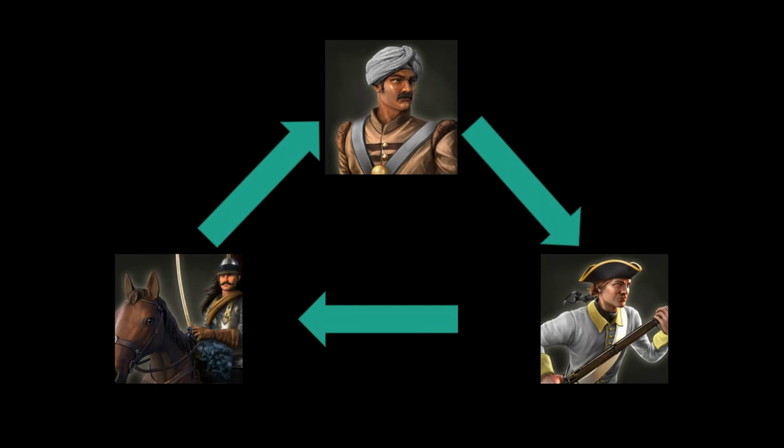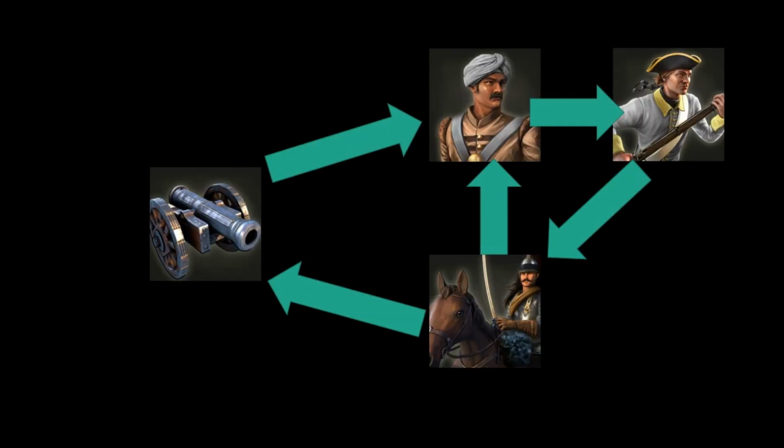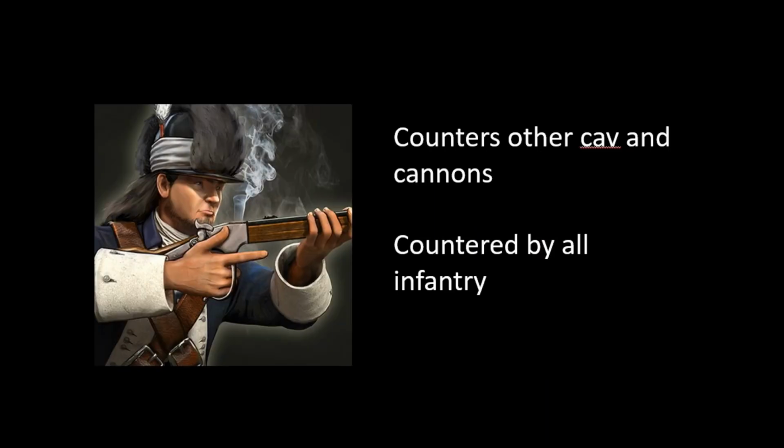Keep your crossbows away from your hussars, keep your hussars away from pikemen, and keep your pikemen away from crossbows. Combining this triangle with the one we made earlier with artillery, and our counter chart looks like this. Now, once you get to Age 3, the majority of civs finally unlock access to artillery and their light cavalry